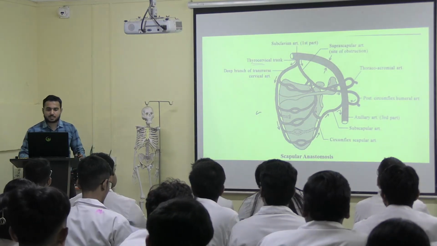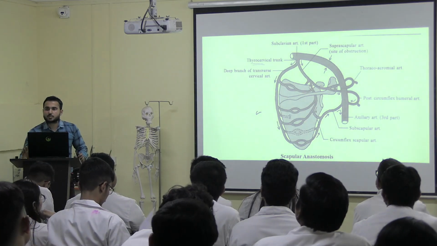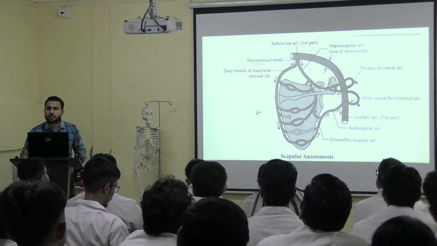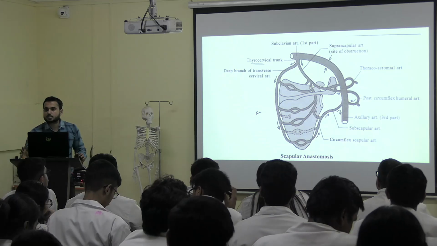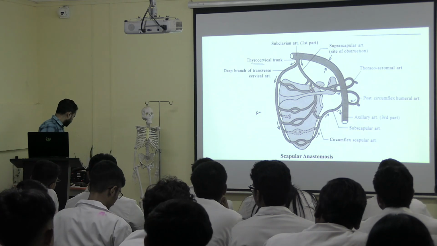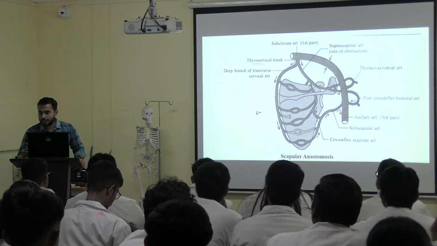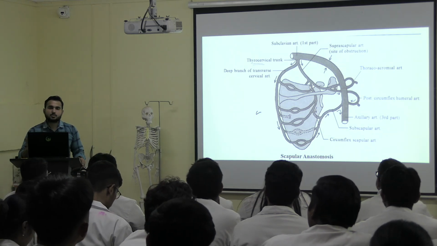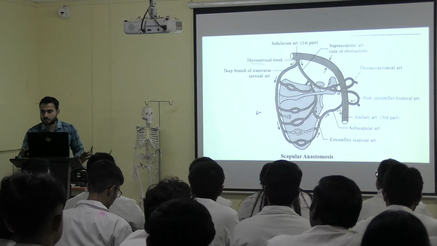Important part is the subscapular anastomosis. Several times I have mentioned the scapular anastomosis. So what is this scapular anastomosis? Branches of the first part of the subclavian artery and branches of the third part of the axillary artery anastomose around the scapula, and this is called the scapular anastomosis, as you can see